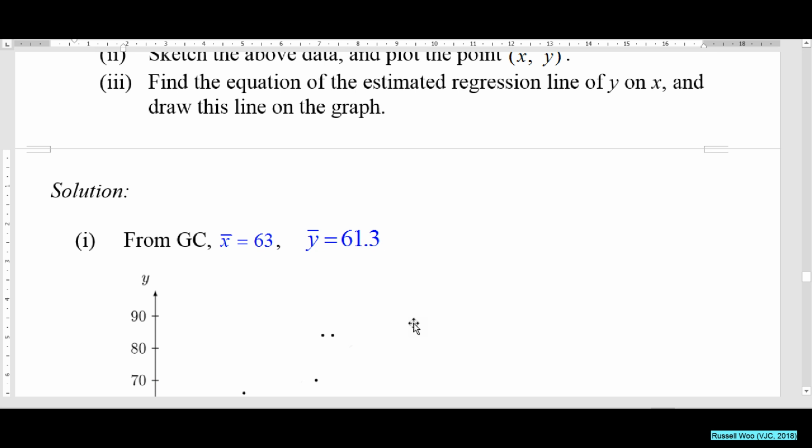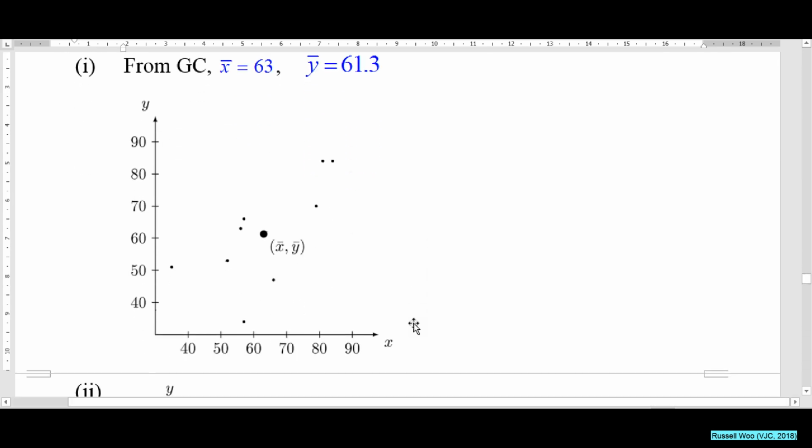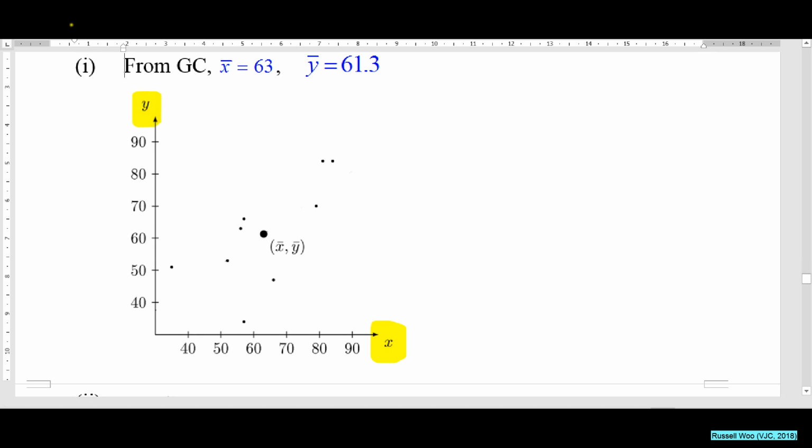Now, this is printed for all of us. Take notes, because this is printed for you. When you sketch it, you must include very important things: your axis, your scale, and then the points must be, have attention please, the points must be all